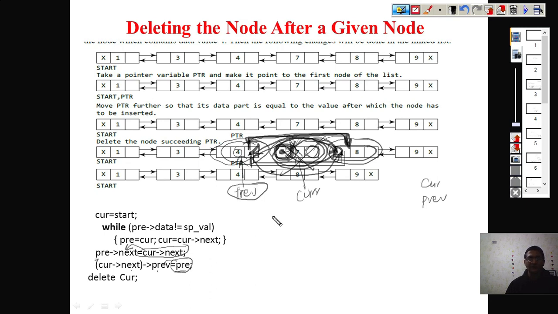So this is all. We have already discussed all three scenarios of deletion: deletion at the beginning, at the last, and in the middle of the doubly linked list. So this is all for this lecture. We will use these concepts in the coming lectures. Linked list is very important. We will be discussing more on the linked list when we use it in some applications.